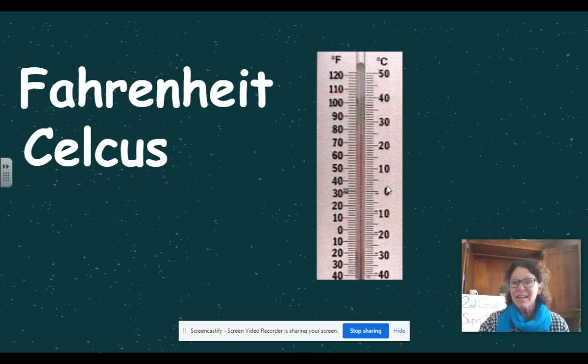The Celsius is another form of a scale, and it's used almost everywhere else in the world other than America. And if it says it's 0 degrees, that means that it's 32 degrees here, and that's called the freezing point. That's exactly where water will turn to ice. And 100 degrees, you can't see it on this thermometer, but 100 degrees Celsius, way up, up, up, that's boiling. That's if you had water on the stove at the point where it started to bubble and boil, 100 degrees for Celsius. Fahrenheit, it's 212, where water turns into bubbling vapors.